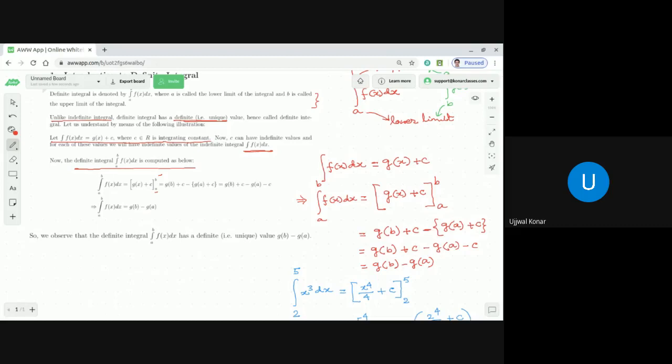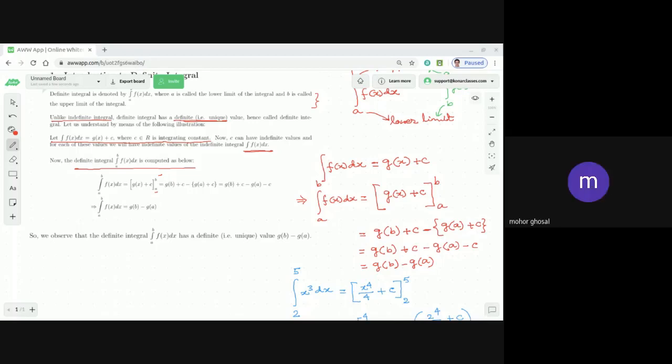So we will see that there is a great geometrical significance of definite integration. We'll see as time goes by. But before that, I'd like to tell you a few things that we will be discussing later, after a few months, once we have a proper knowledge of limit and also of sequence and series. Then we will see how this definite integral can be used in different forms.